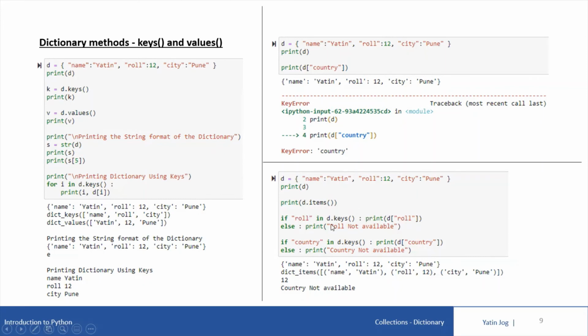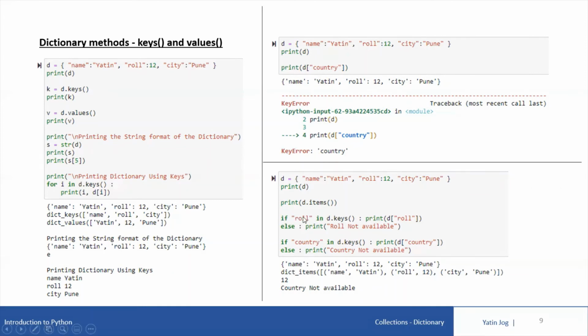Now, we have to check whether a specific key is already present in my dictionary object. Then only print the value for that key. Otherwise, give some message. So the problem which we have discussed in this code, that if I try to print a value for a certain key which is not present in my dictionary object, we get a key error from the Python interpreter. So how to handle this error at this point of time? Instead of using a try block, what we can do is write an if condition.